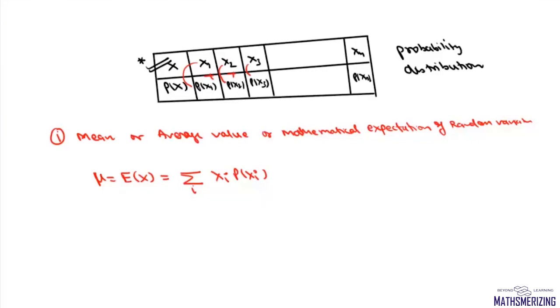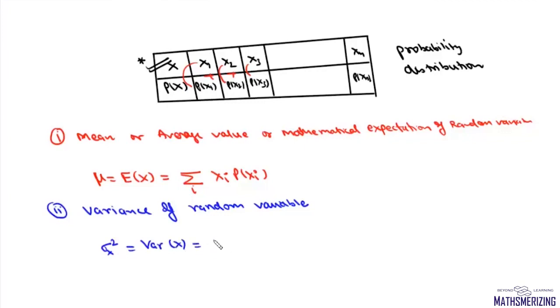And the second thing that we'll study is variance of a random variable. Now, variance of random variable, we can write it as sigma x square, or simply variance of x, and variance of x is actually expectation of (x minus mu) square. So if mu is mean of random variable, then its variance is expectation of (x minus mu) square, which is basically this summation